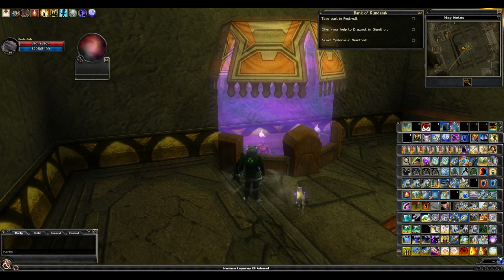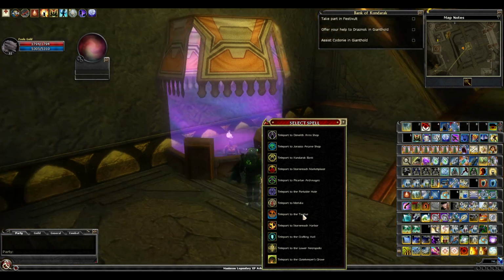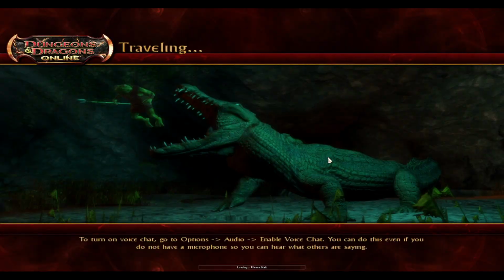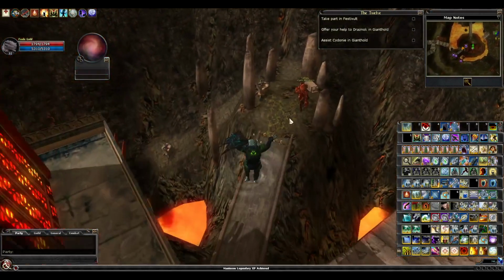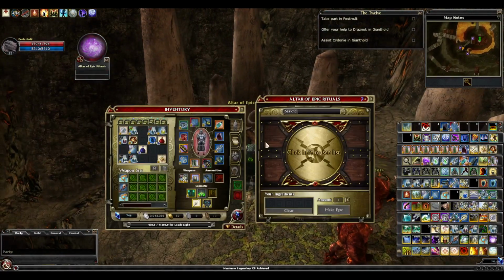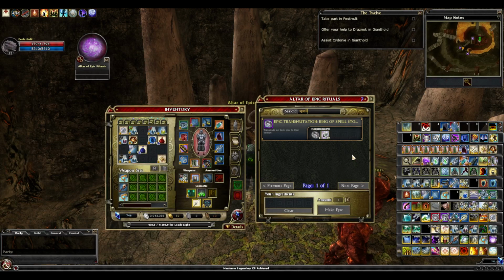Okay, so I'll just show you very quickly the area we'd go. So the upgrades are done in the 12. I have touched on this before in other things, so apologies if I'm repeating myself a bit. So teleport to the 12. And it all takes place here, Altar of Epic Rituals. I don't know if it would show if I put spell. Yeah, there we go. So let's say I had a ring of spell storing that I wanted to make epic,